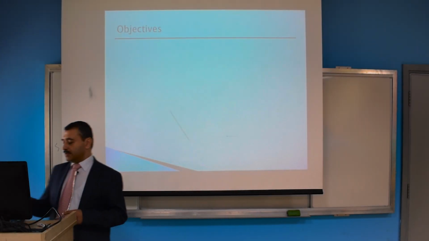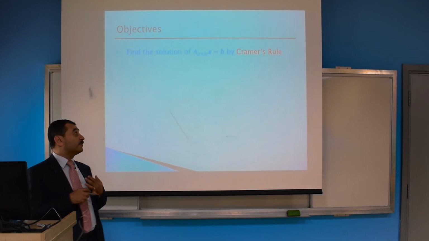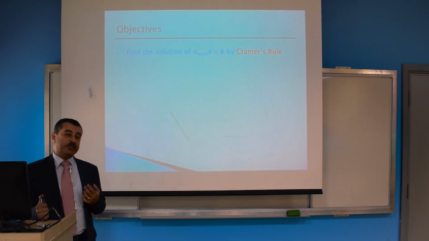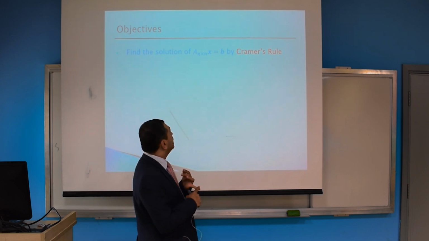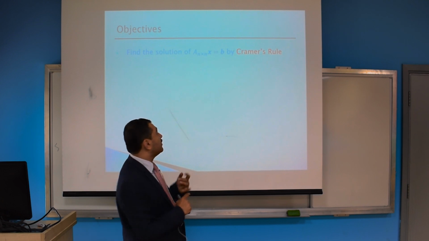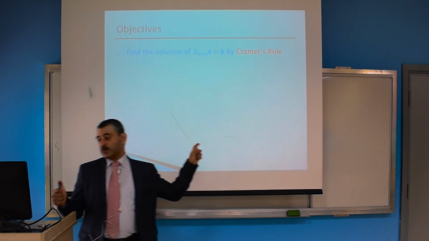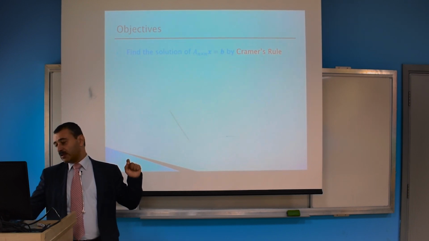Today inshallah we are going to continue in the determinants. We have Cramer's rule, how to solve a system of equations, and the system here is one where the number of equations equals the number of unknowns. So the matrix A, the coefficient matrix, is a square matrix. We can solve this using determinants, using what is called Cramer's rule.